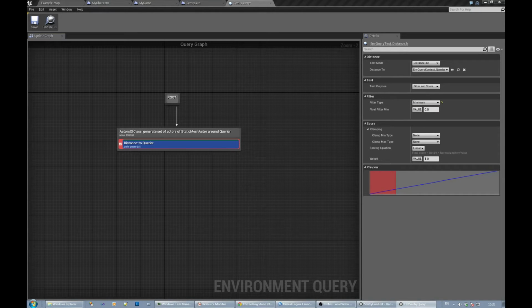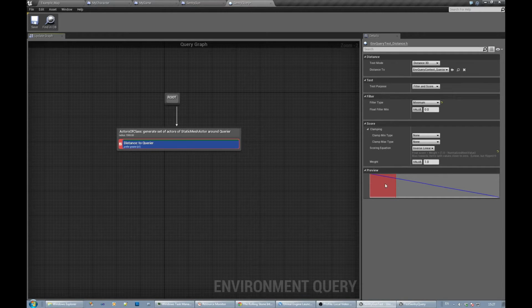So for our distance check, we probably want the minimum value, but we want it to be an inverse linear, so basically the closest actors will get the highest score. So that means we're looking for the maximum score for distance. The closer the things are, the higher the score they get,